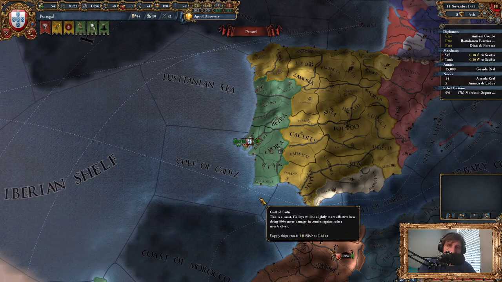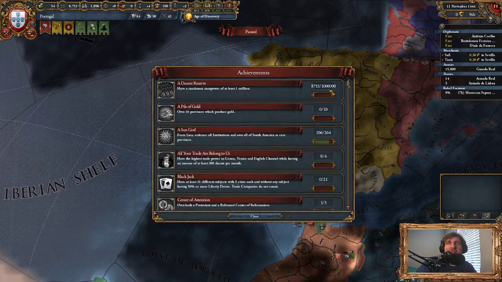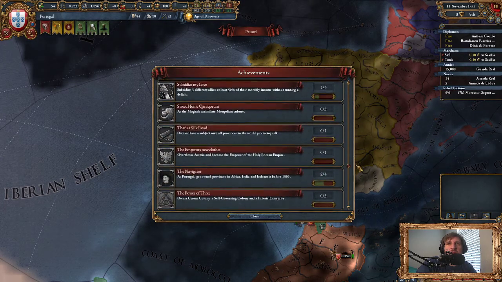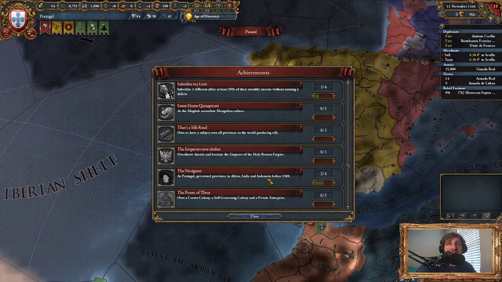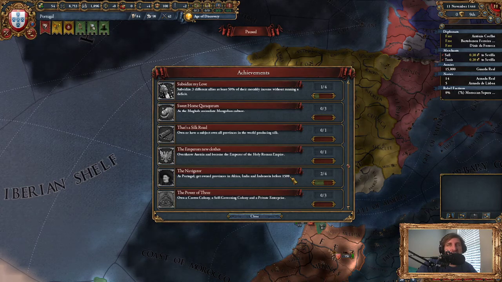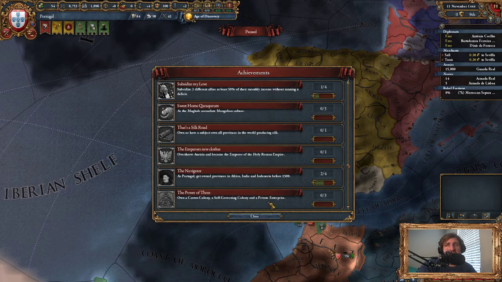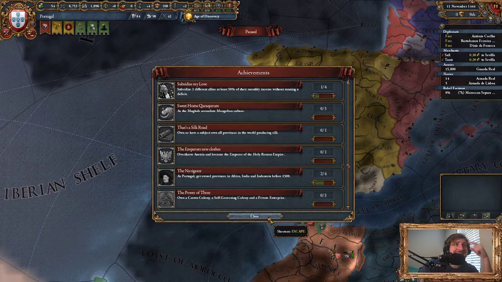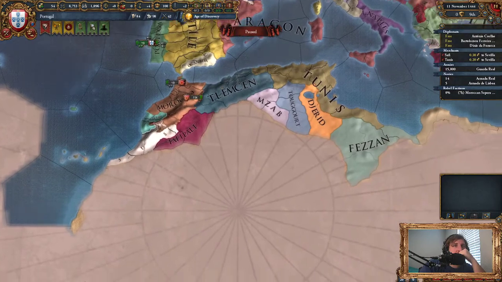So, yeah, let's take a look, shall we, at the Navigator. As Portugal, own provinces in Africa, India, and Indonesia before 1500. Okay. That is not easy. Africa and Indonesia are actually probably easier than India, because